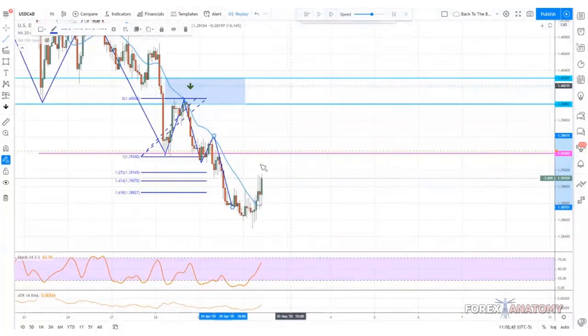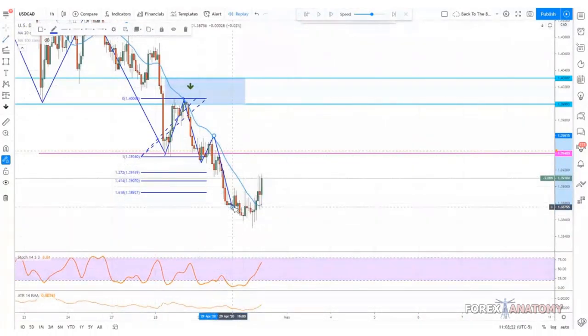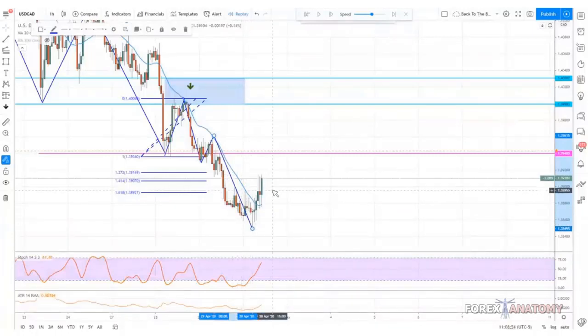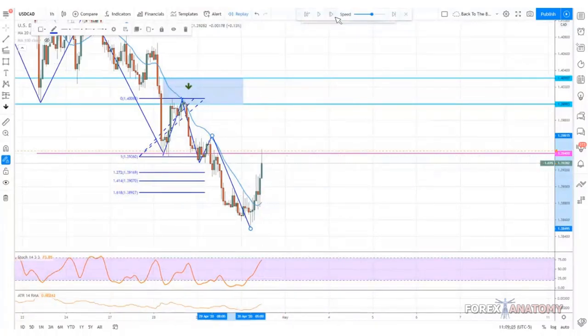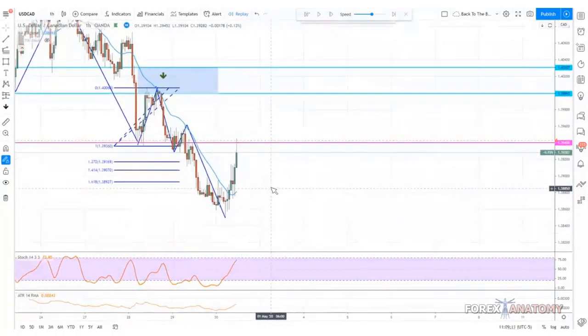So we keep going, and what we could do is definitely stretch this out right here. So we want to look for a sell, right? So then let's see what happens. Okay, so now price went up to this area. Now, let me ask you guys this question. Should I be looking to sell now?